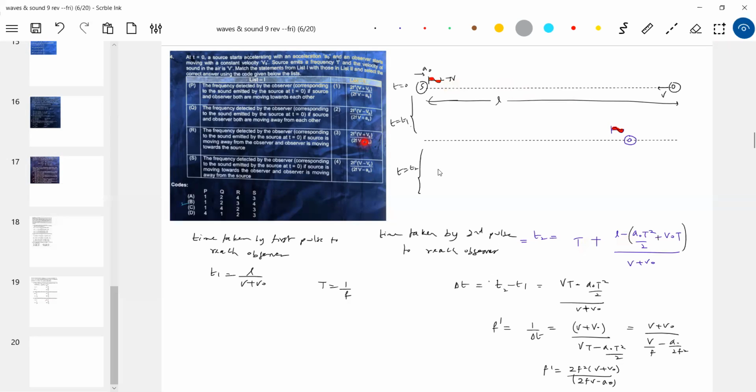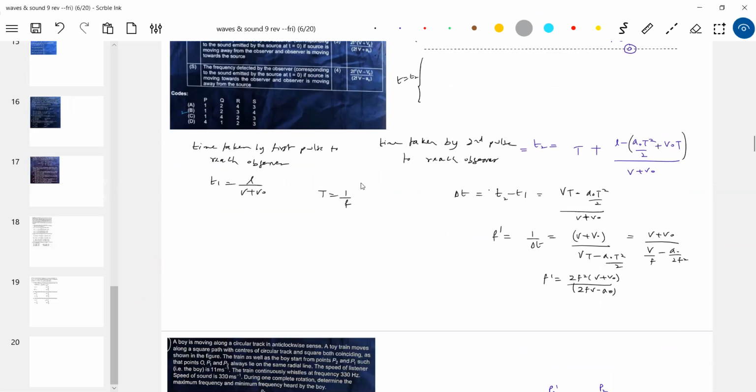Observer following source. So actually you have to break up this problem into two parts. Source and observer approaching, source and observer moving away, only signs will change. Source following observer, observer following source, again signs will change. It's not like everything will be the same. Only the signs you have to be careful about, depending upon the conditions here. Work out the other options. Option B I picked up. So in this way also you can think of it.